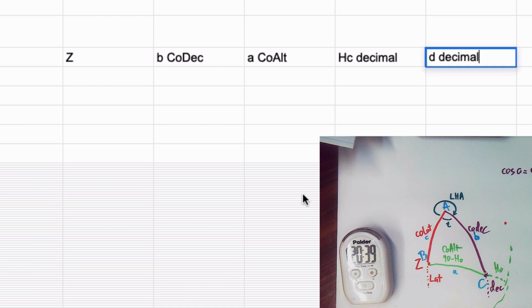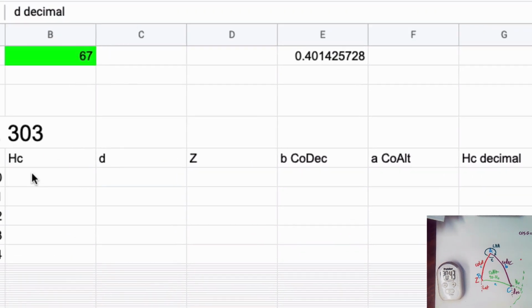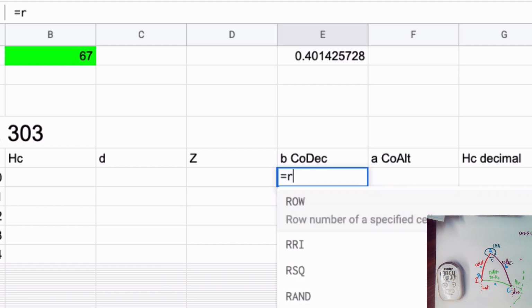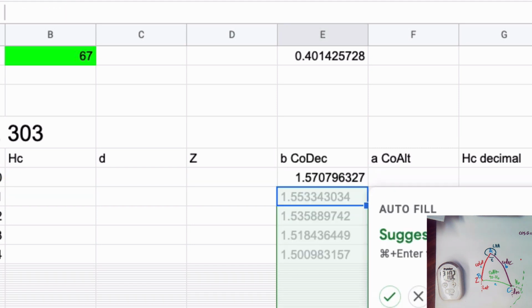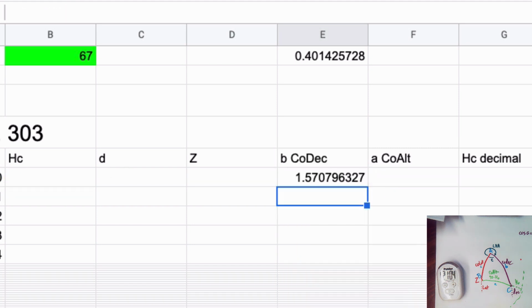Okay, I think I'm ready to actually start putting in code for this. So how do we solve this? Well, first off, we're going to need to take the declination and change it to CoDec. So again, it has to be in radians. So it's going to be 90 minus declination. You can just click on that. All right. And I'm not going to do autofill because I'm going to be doing a lot of fill down